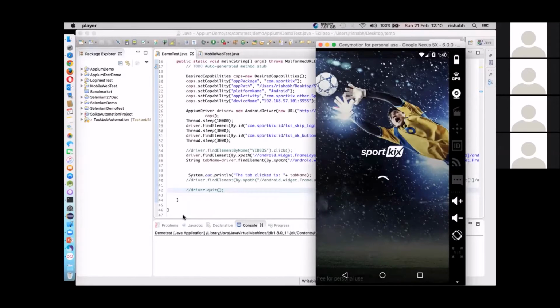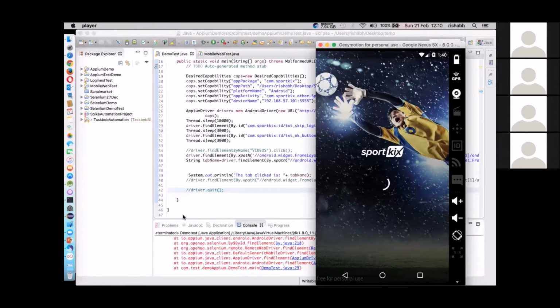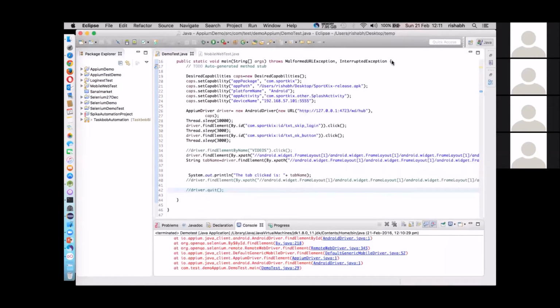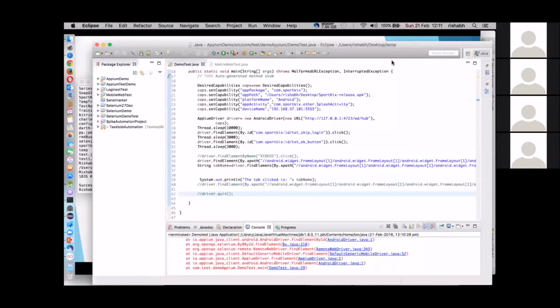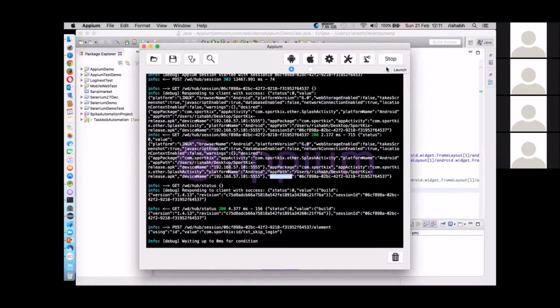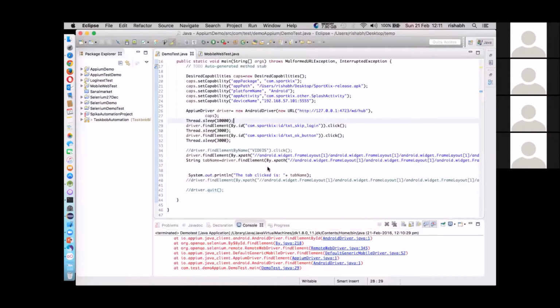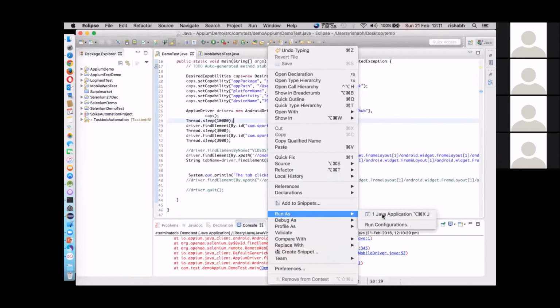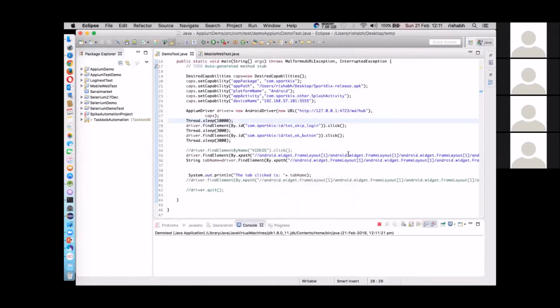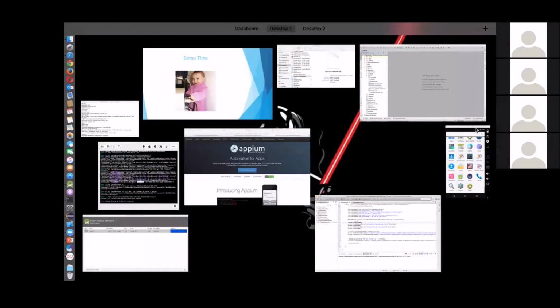Now my application is open. Once you open your application using Appium, there is an option called... okay, something wrong has happened, that's why I got this error. Okay, got it. I haven't stopped that particular session, and right now I'm trying to create a new session, that's why I got this message. So first of all, I need to stop this, then launch again, so that the previous sessions, whatever log is there, is cleared out. Let's see if this helps.